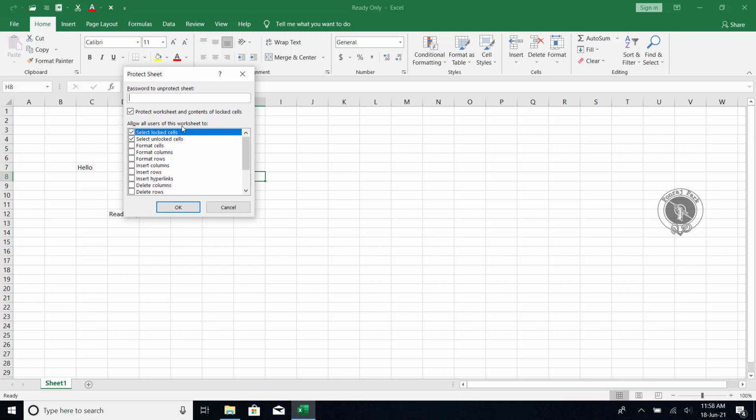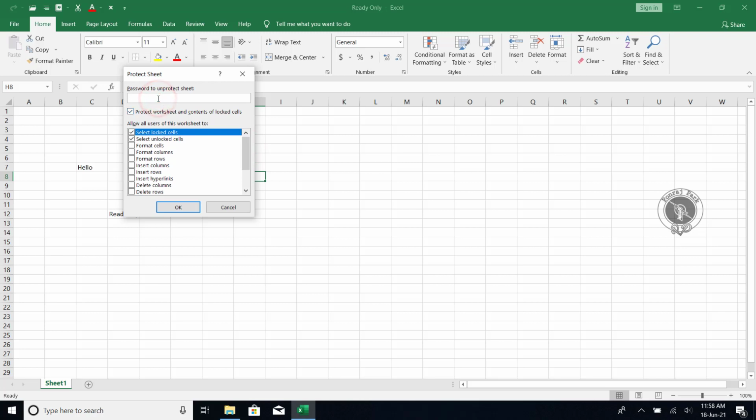Allow all users of this workbook to select locked cells. That means if this sheet is locked, the user will still be able to select the cells, and also select unlocked cells. Like this you can set up from here whatever you need.